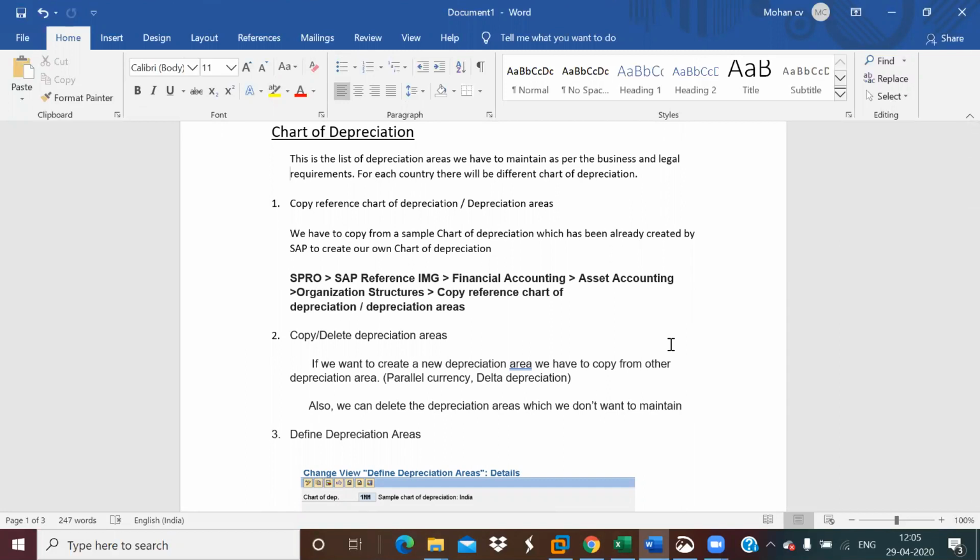And also, if you want to maintain delta depreciation, you can create your own depreciation area. Delta depreciation is nothing but, if you are maintaining two types of depreciation area and you want the difference between them, you will be able to get it with delta depreciation.